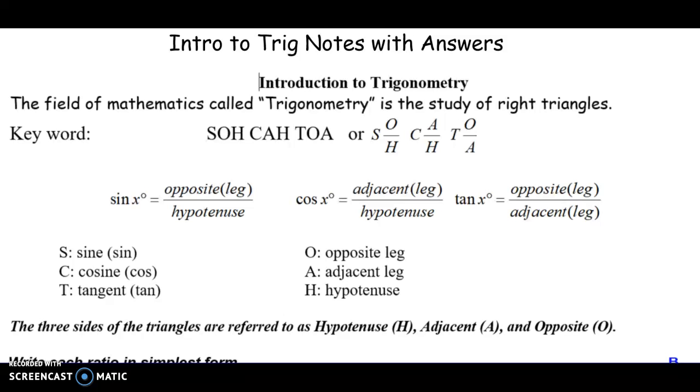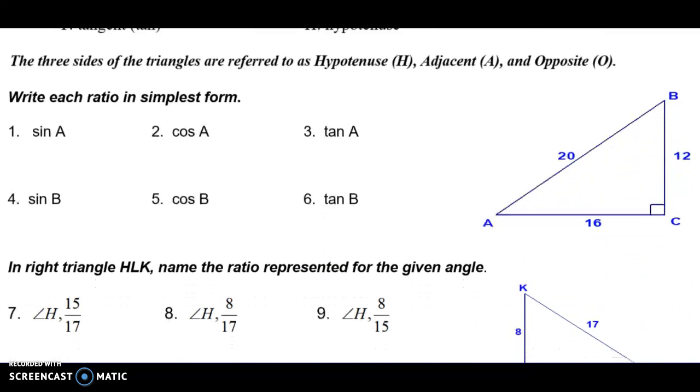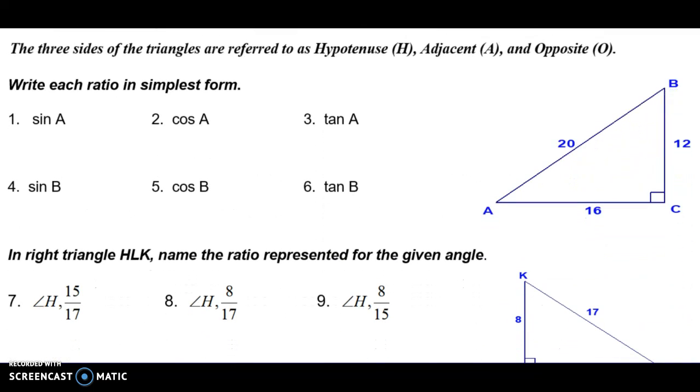Intro to Trig. You should remember SOHCAHTOA, where sine is opposite over hypotenuse, cosine is adjacent over hypotenuse, and tangent is opposite over adjacent. The three sides of the triangles are referred to as the hypotenuse, the adjacent side, and the opposite side. So if I wanted to write the ratios in simplest form